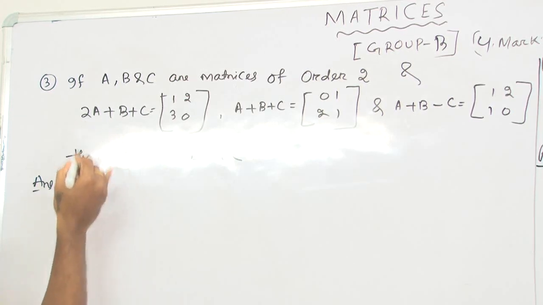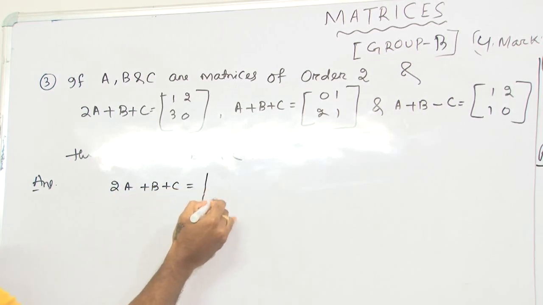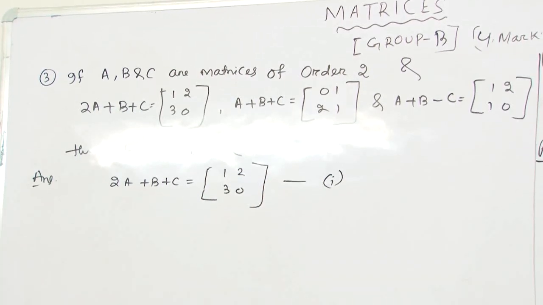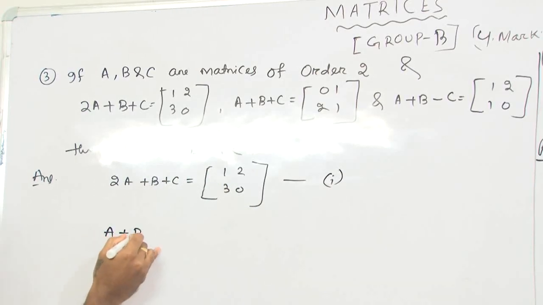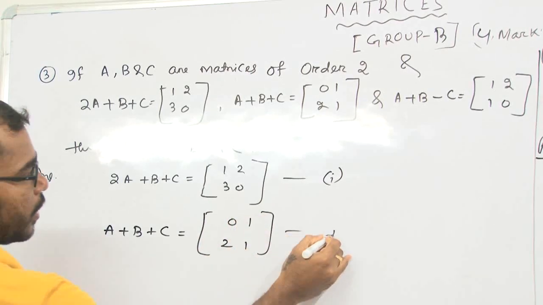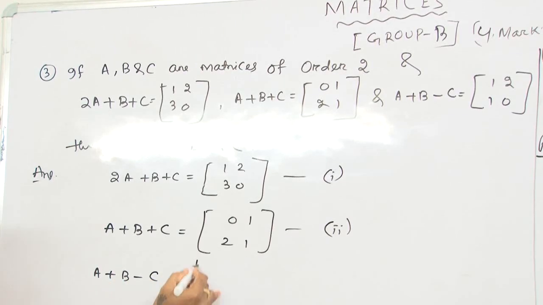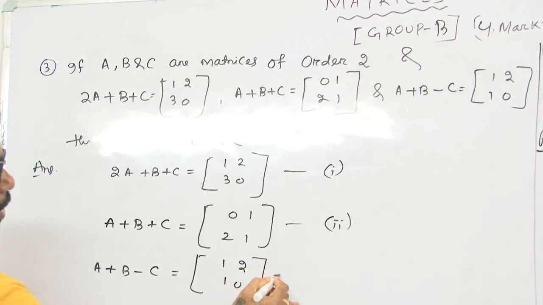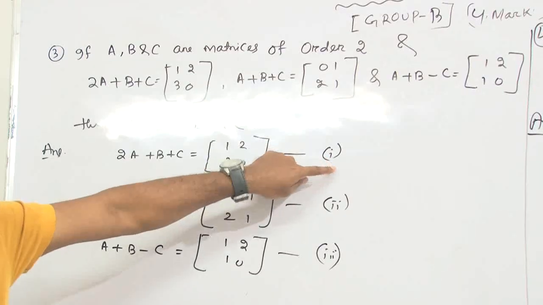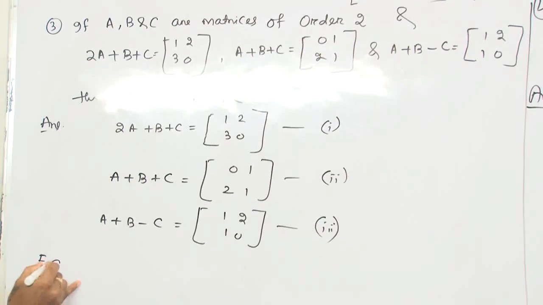Now the given matrices: 2A plus B plus C is equal to [[1, 2], [3, 0]], is equation number 1. Similarly, the second equation is [[0, 1], [2, 1]], equation number 2, and the third one, A plus B minus C, that is [[1, 2], [1, 0]], equation number 3. If we subtract equation 2 from equation 1,